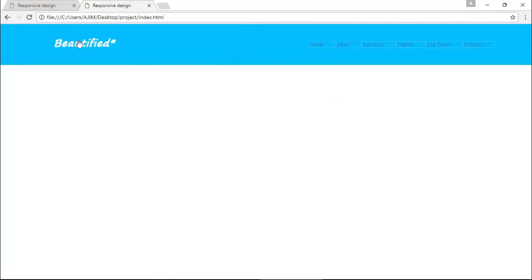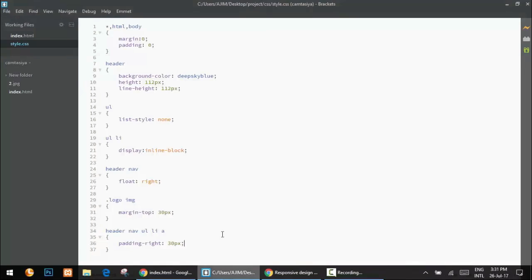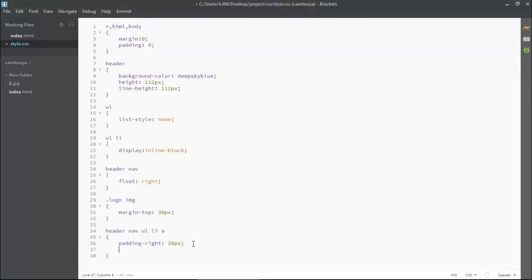Wow, you can see we are getting a nice margin in between the menus, but whenever I am hovering over the menus, it is giving an underline. So it is looking something weird, isn't it? And also the font weight is too thin, so we have to change it. How? I'm coming just here and putting font weight something like bold, so it will make your font a bold style.